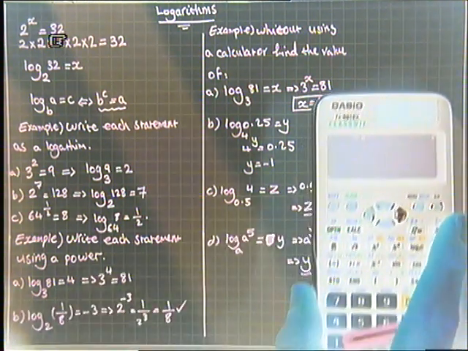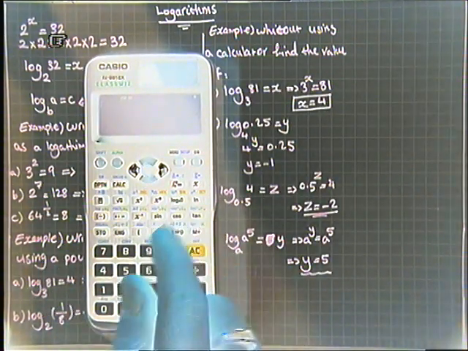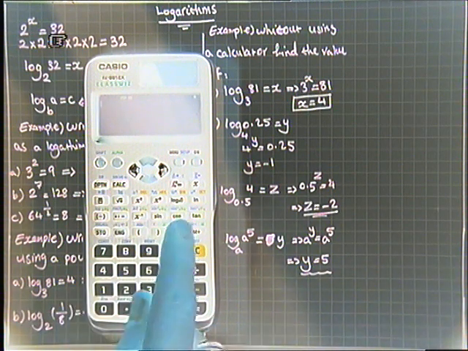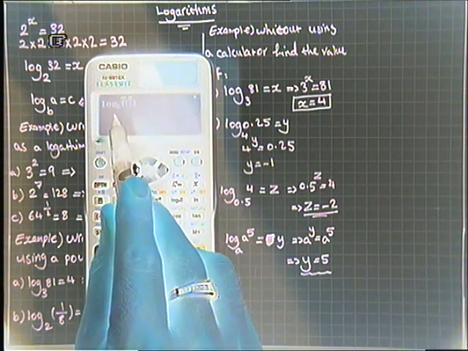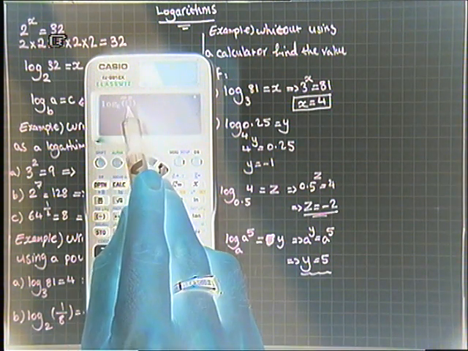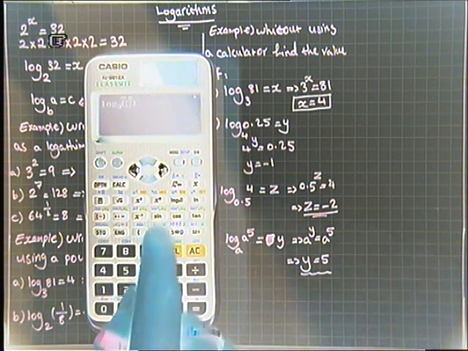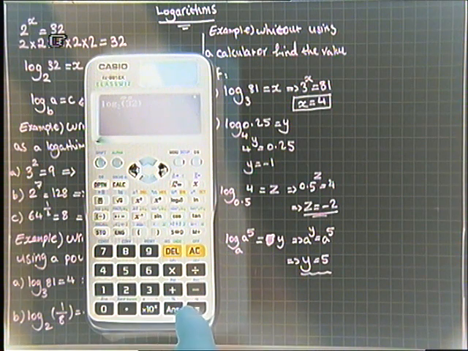Now let's look at some buttons in the calculator and show how we can represent logs with different bases. We've got 3 buttons for logs. One is this one, where there is a place for the base and also the number we want to take the log of. For example, log of base 2 of, let's say, 32, which was our first example, equals